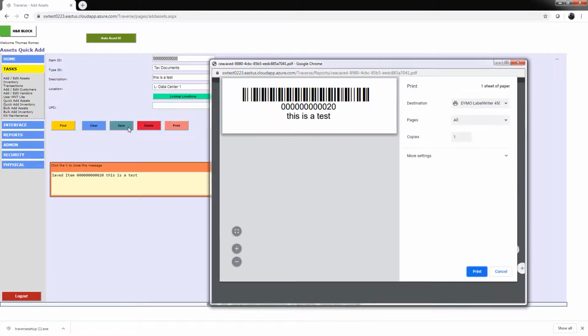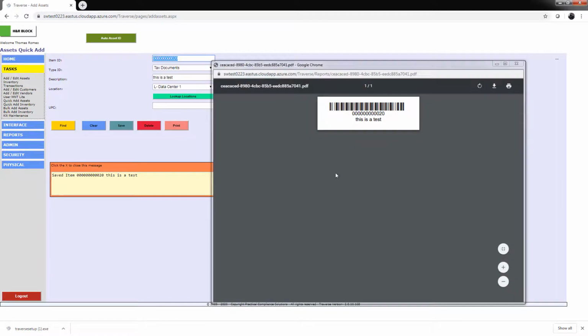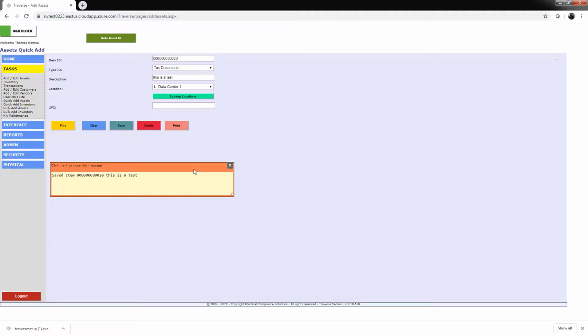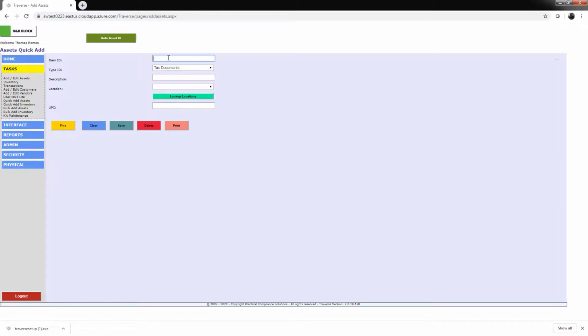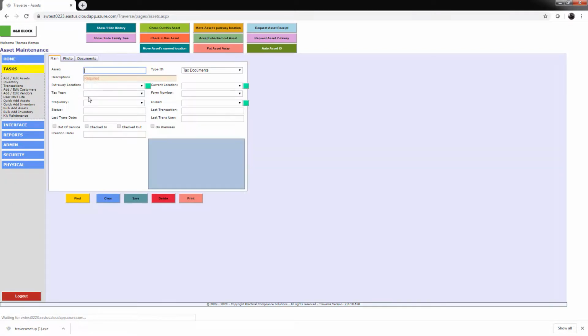So I had it set to automatically print, but you see how now this box is down below. Now I could clear the box, but I don't need to. If I want to create a new asset, all I do is click clear screen and create a new asset. So that's one thing. The other thing that we did that is pretty cool is from the Add Edit Assets